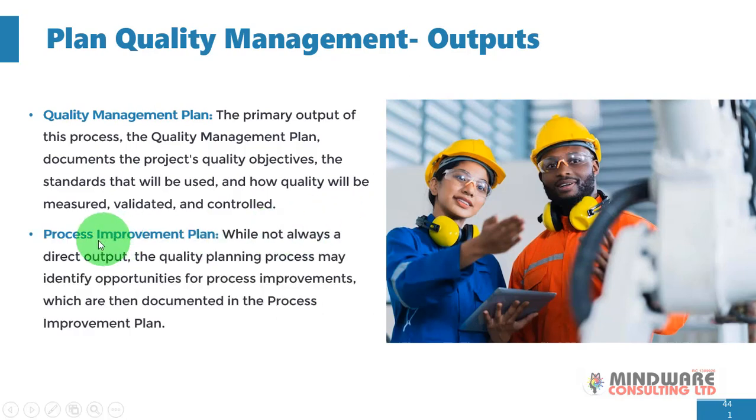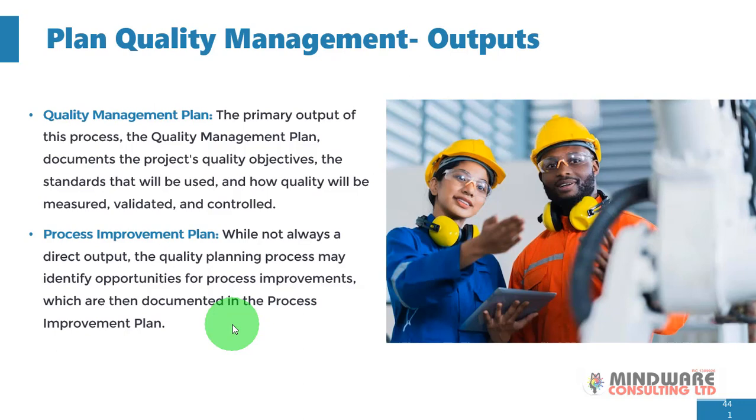And then you also have the process improvement plan. While not always a direct output, the quality planning process may identify opportunities for process improvements, which are then documented in the process improvement plan. So this is a very important area when we talk about quality management. Now, quality management, we need to understand that it is not just an event, and this is usually a problem when it comes to